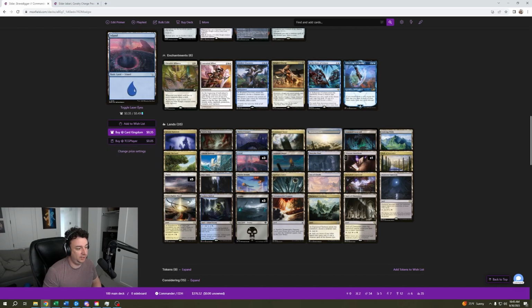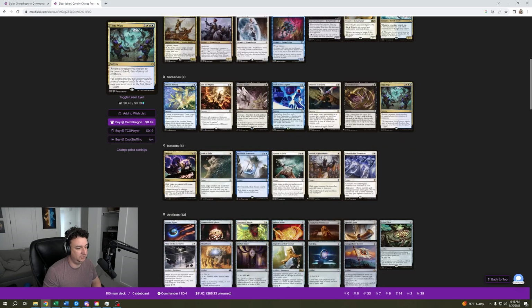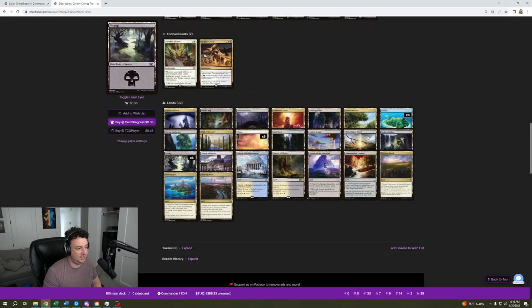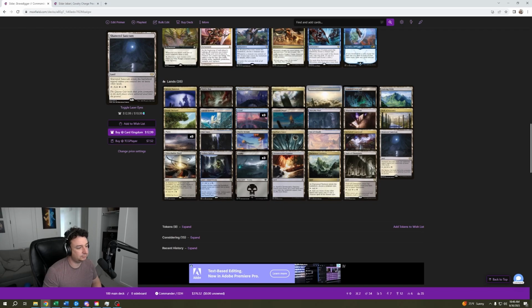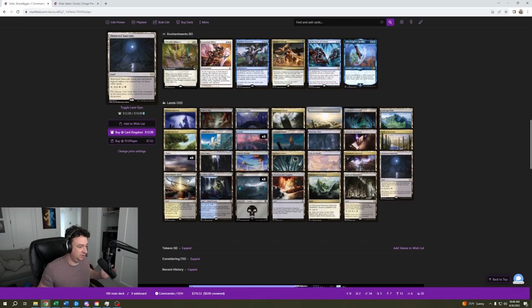You can also see that I cut down on the number of basics that we have in here because I believe it was 6, 8, and 5. Now we're down to 3, 5, and 3. So this is by far so much better. You have access to lands that don't come into play tapped. They are all tapped for colors that you need,